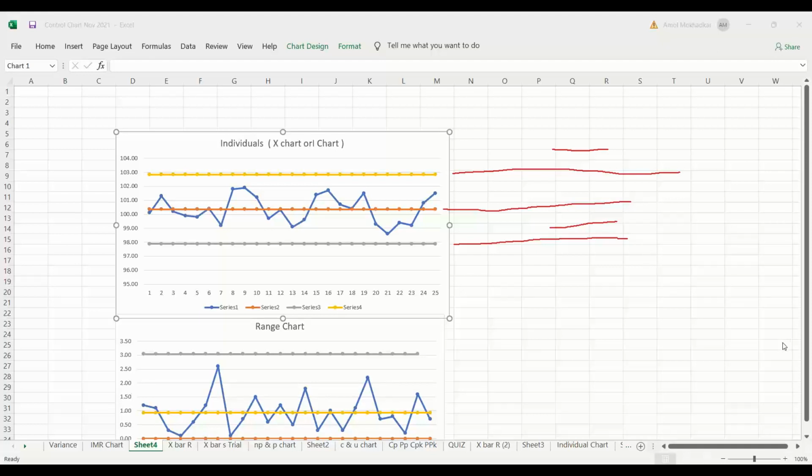Yes, Mr. Praveen, do you have any question? Sir, I couldn't view your screen. You are not able to view the screen? Is anybody else having the same issue? All other people are able to see the screen, Mr. Praveen.